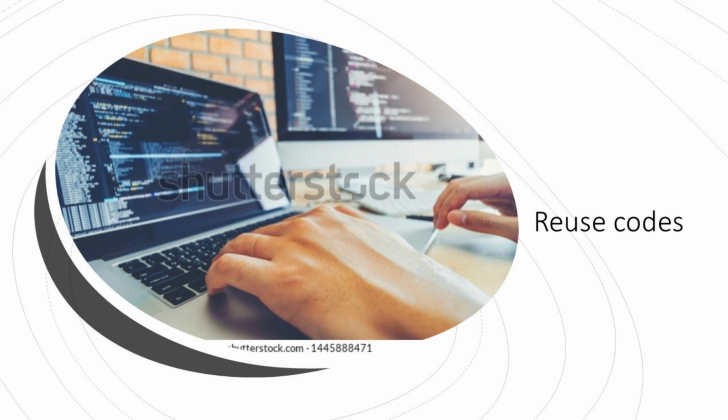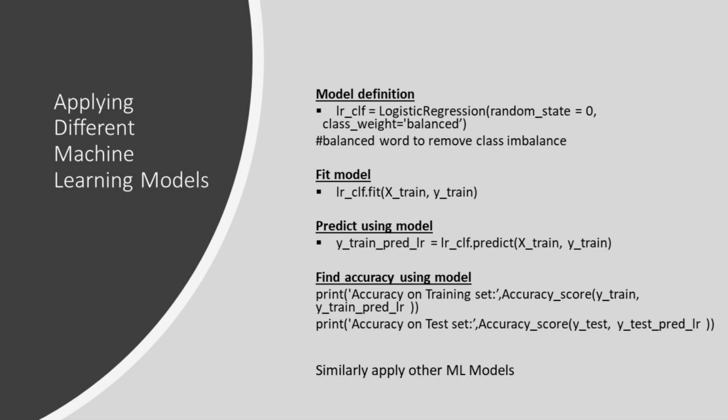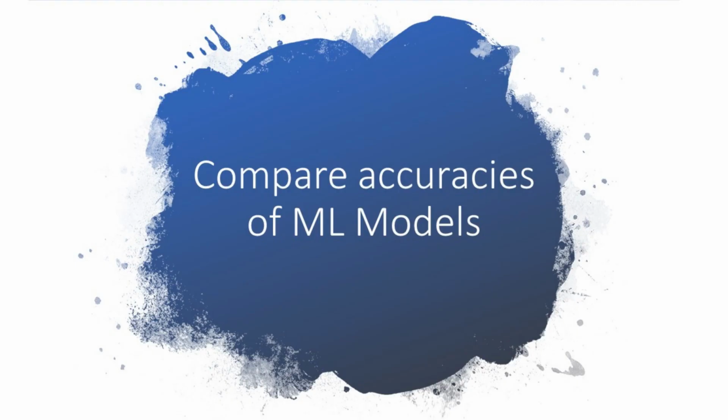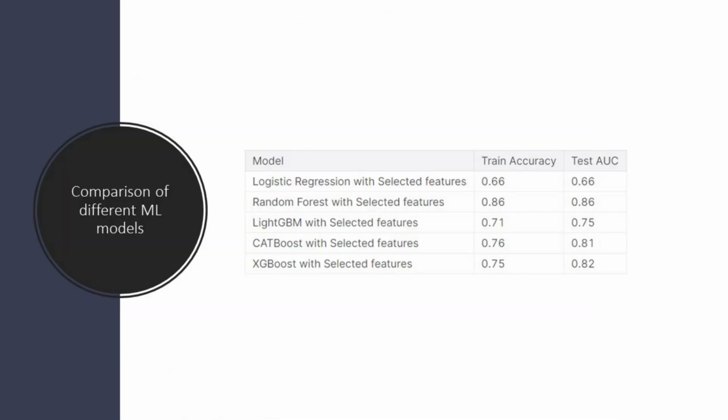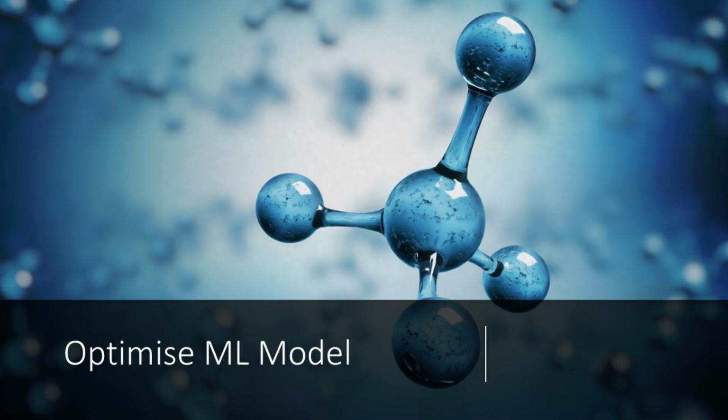And similarly, you will check the prediction, the accuracy on the test set. And finally, you are going to get some kind of accuracy scores for different models. And now what you will do is you will be comparing the accuracy scores for each of these models, and then you will be selecting one final model. Let's say I selected random forest because random forest seems to have the best accuracy on training and test set. So what I would be doing is, now I will be optimizing my ML model by choosing the best hyperparameters.